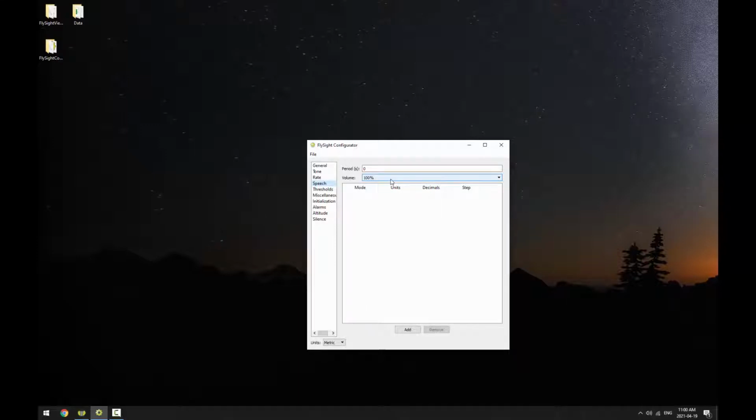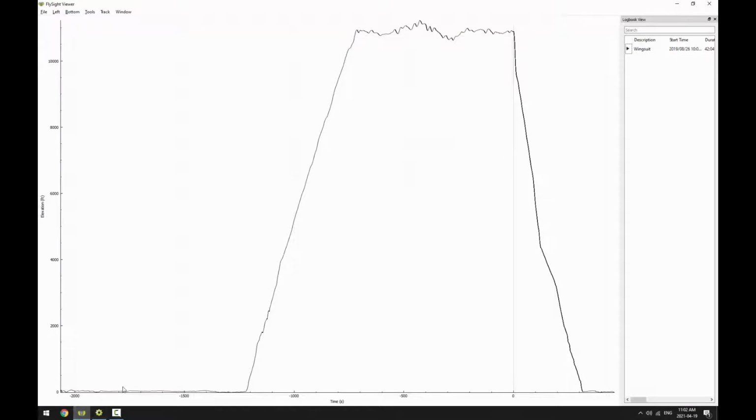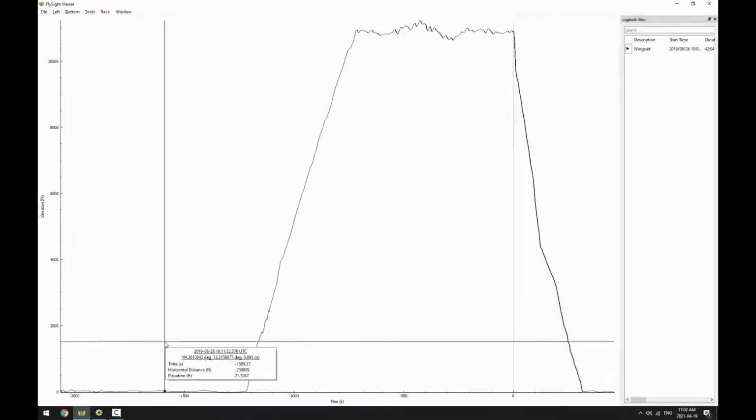The next thing we'll need to do is to define that ground reference. If we switch to the Alarms tab, we'll see the ground elevation on the right side. This is the ground elevation above mean sea level. You can use the official field elevation if you're jumping at an airport, or you can get the raw elevation from FlySight Viewer. In this case, we'll pop over to FlySight Viewer, and we'll move the cursor in the plot